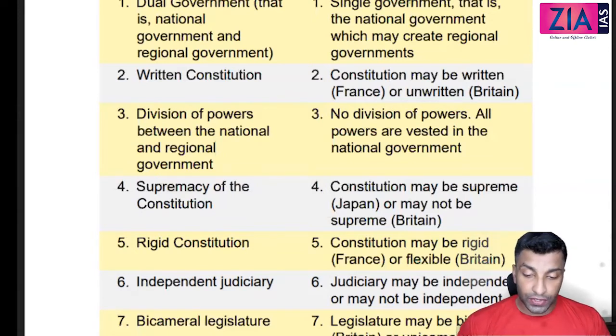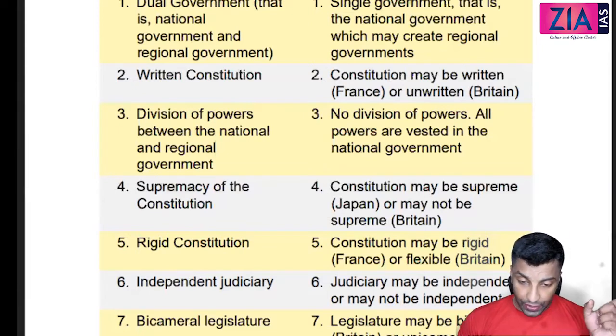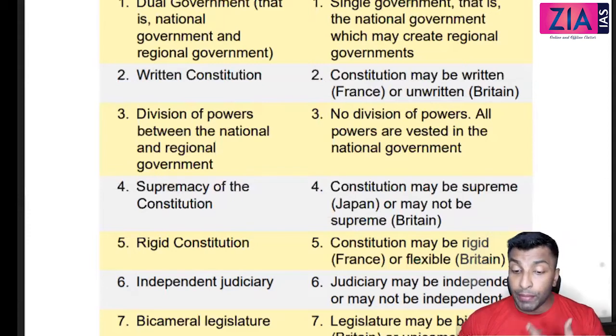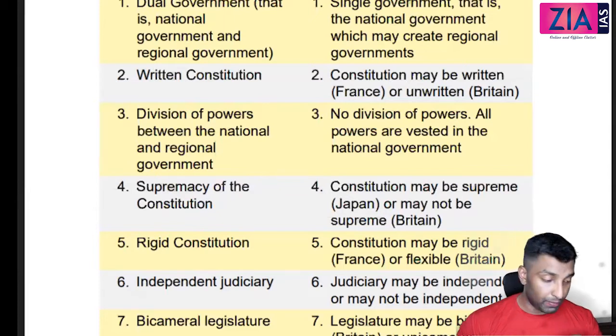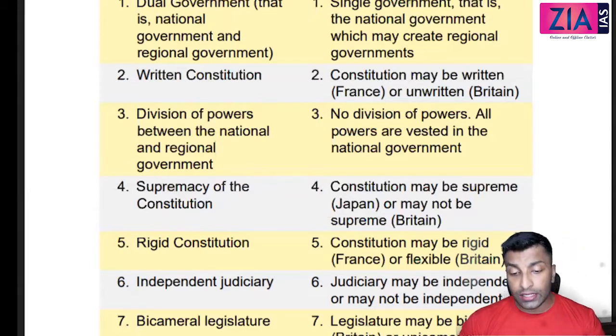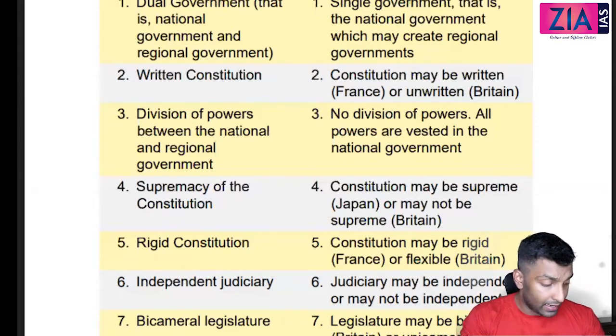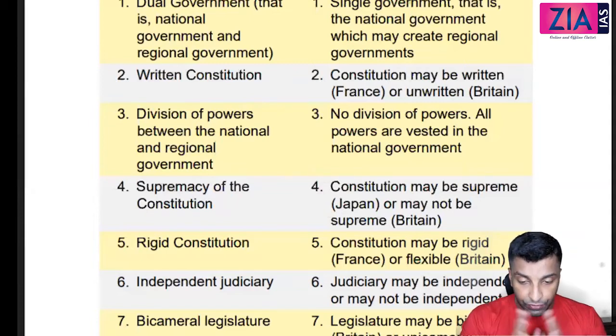When I say supremacy of the constitution, the constitution is supreme. But if you remember, yesterday itself I told you, on the other hand, in the case of Britain and others, parliament is supreme. So here the constitution is supreme. That means nobody can, it is difficult. Neither the state nor the center alone can amend the constitution, right? So there has to be some process which has to be followed, that we will see maybe in the 10th chapter, how to amend the constitution. Article 368 we will be discussing later. But see, if you need to amend at least 5 important areas,